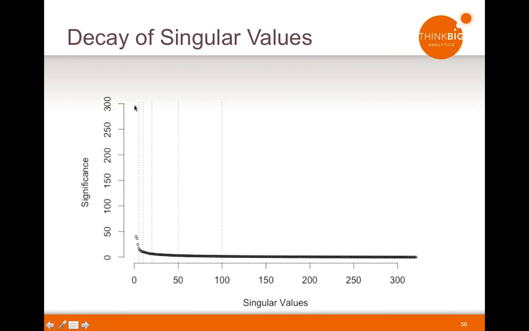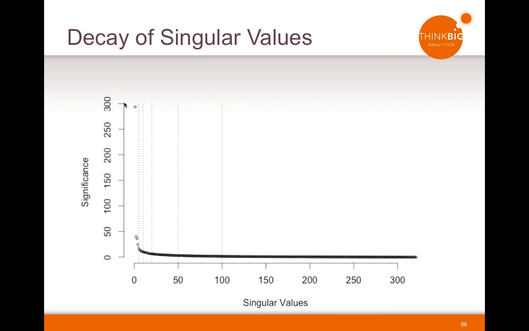So here's the decay of the singular values that we talked about. Remember that diagonal matrix? You see up here you have 300. So the first most important diagonal value is 300, and the second one drops all the way down to 50. Since this was a 380 wide matrix, you end up with 380 singular values, and you can see that they drop off rather quickly. Over here, somebody once asked, what is the significance? What is this axis representing? What does 300 mean? Well,